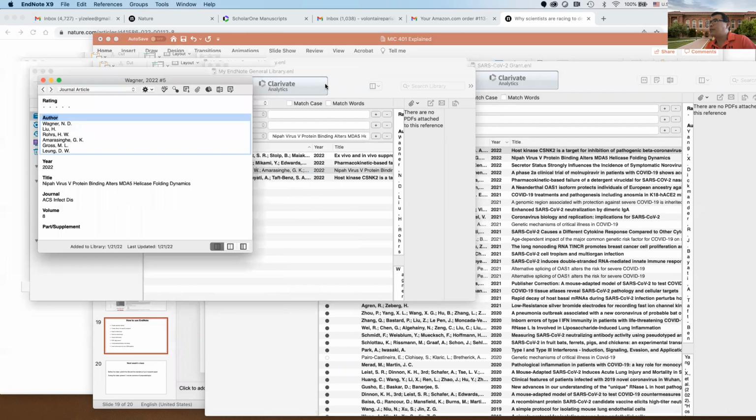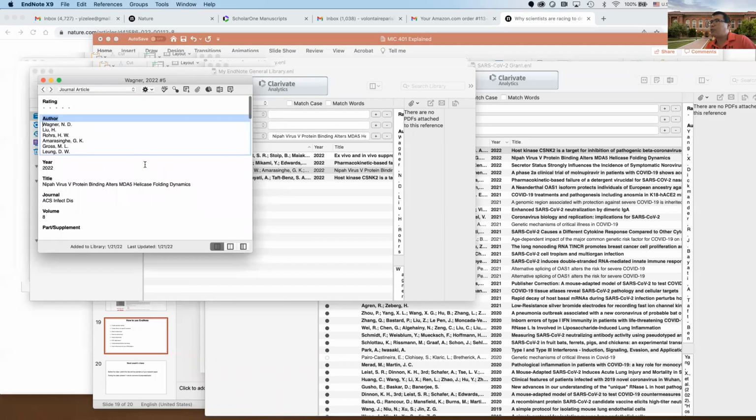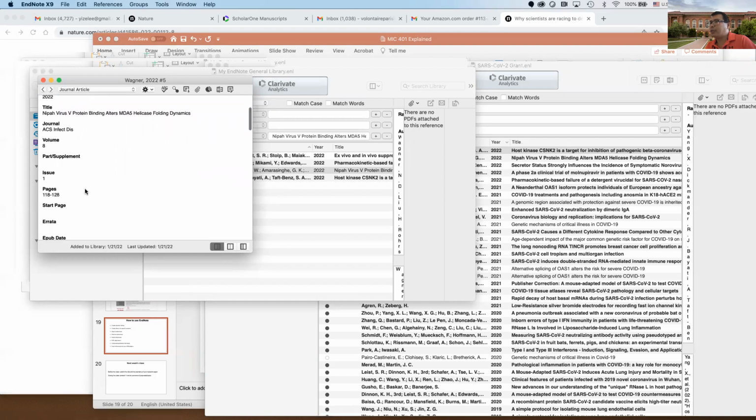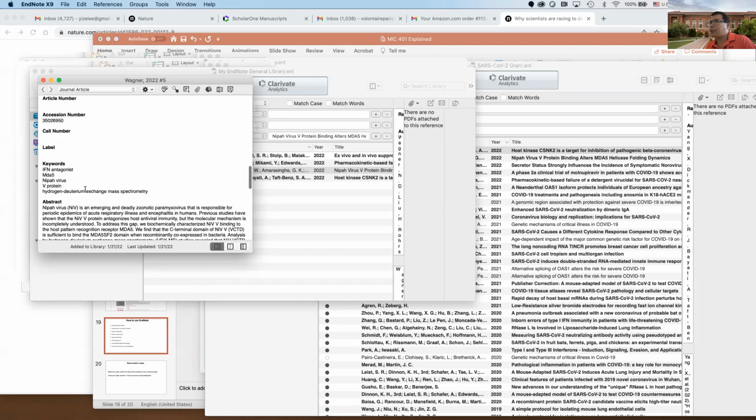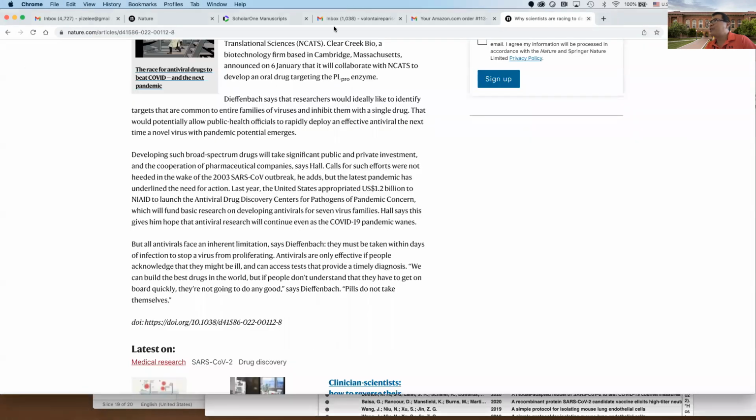So if you want to read a paper here, if you click, the software only shows you limited information like the author, year, title, journal, and then the abstract. If you want to read the full article, the full text, what do you do? You can either